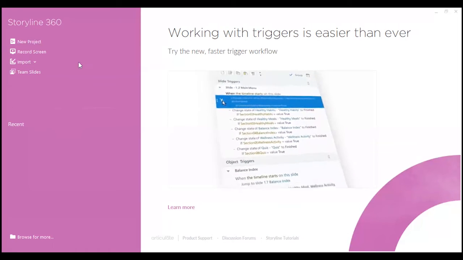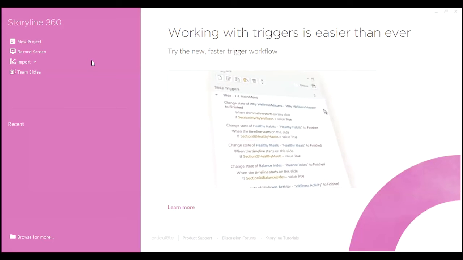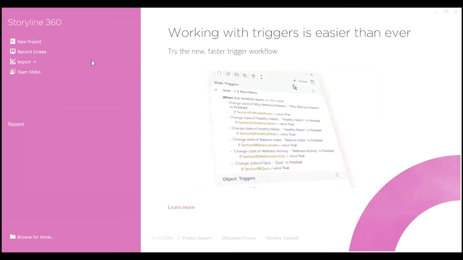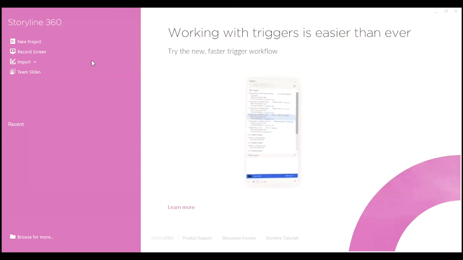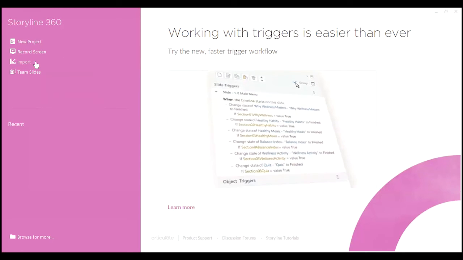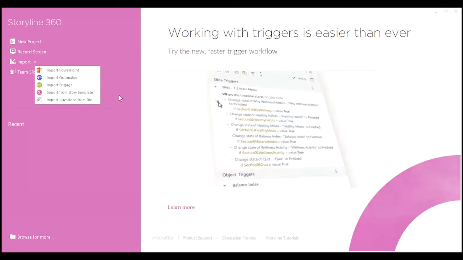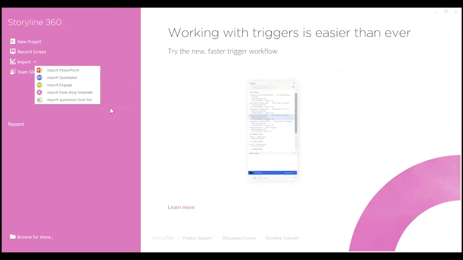The third option is really interesting because I think it gives a lot of capacity features to Storyline itself, as it involves having different pieces of design solutions as part of your new project. If we click on this option, we can see that there are five available items that we can include in our Storyline software.